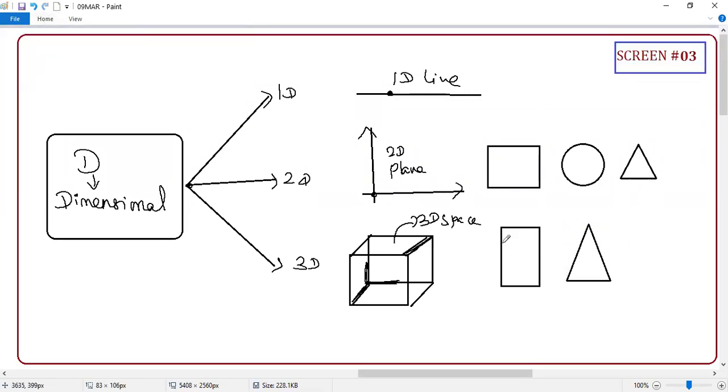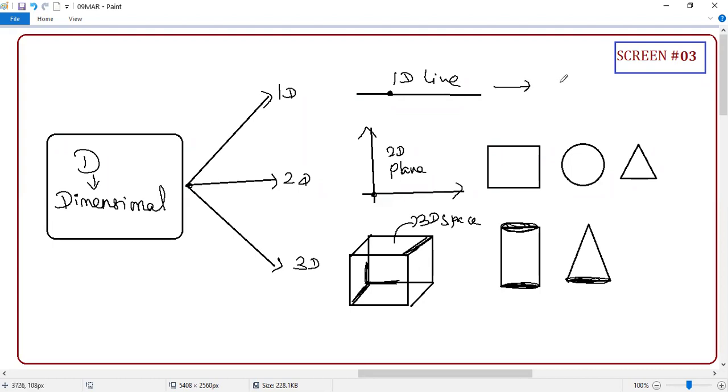Okay, why am I not able to? Because my board is 2D. For making this 3D, I have to create this kind of line. Okay, and create this kind of line. Yes. And your sphere, your hemisphere, guys, these are all 3D figures. Okay, so I'm giving a highlight, student. Before I go to our chapter, you should understand what is 1D, 2D, 3D.